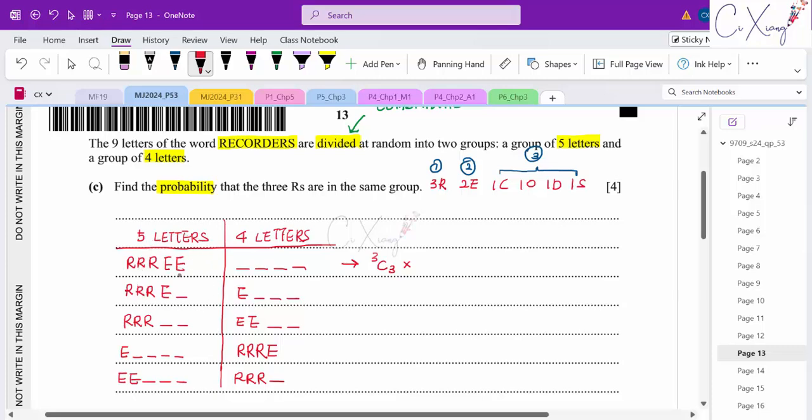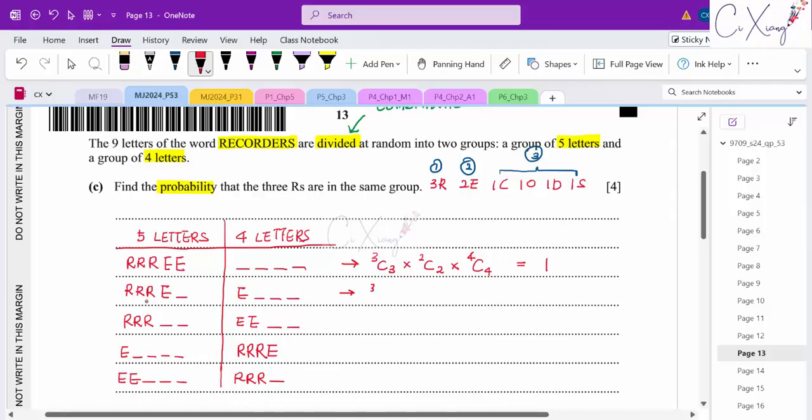All the E are in the 5 letters group. So for the 2 letters E, you choose all of them and put them in the 5 letters group. Then for the 4 letters, you choose all of them and put them in the 4 letters group. So the total number of combinations is only 1. Okay? Then for the second case,